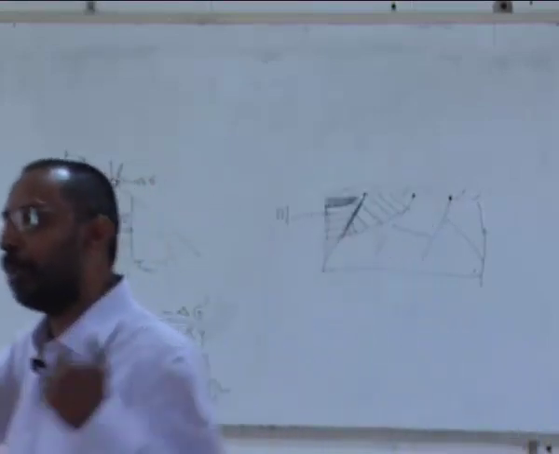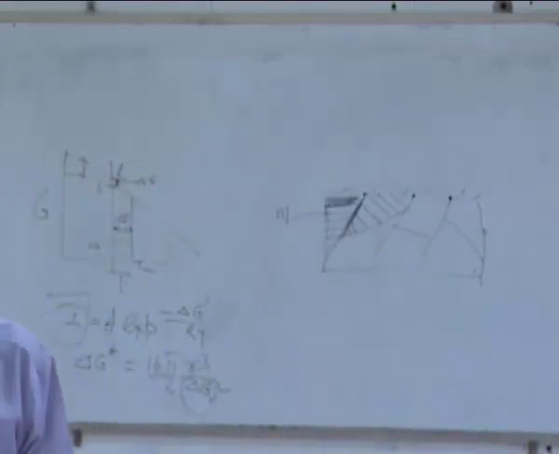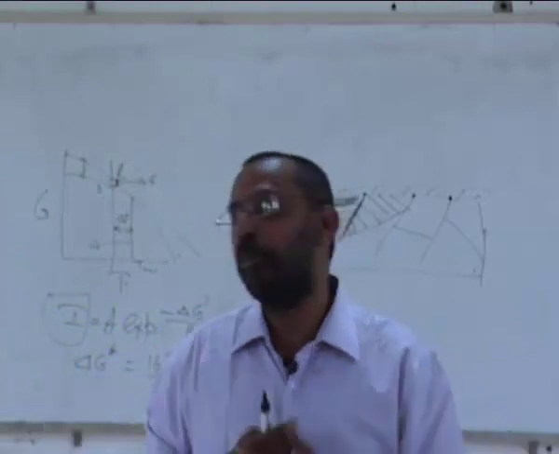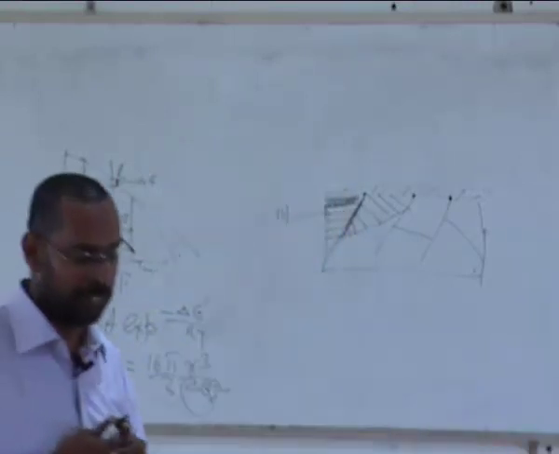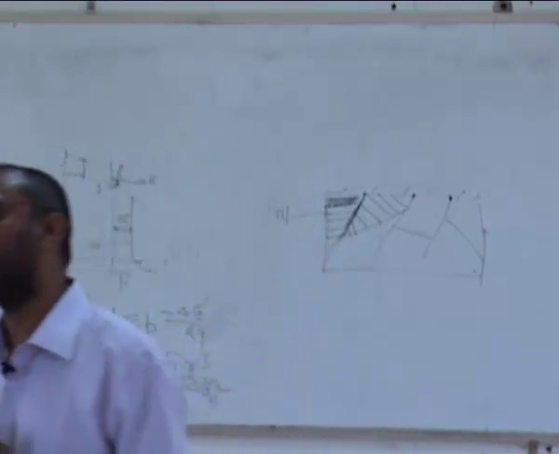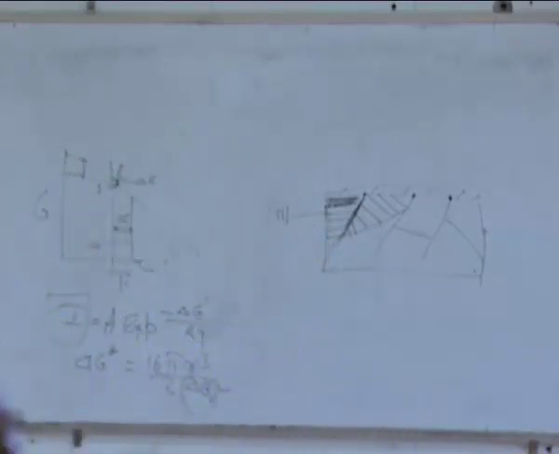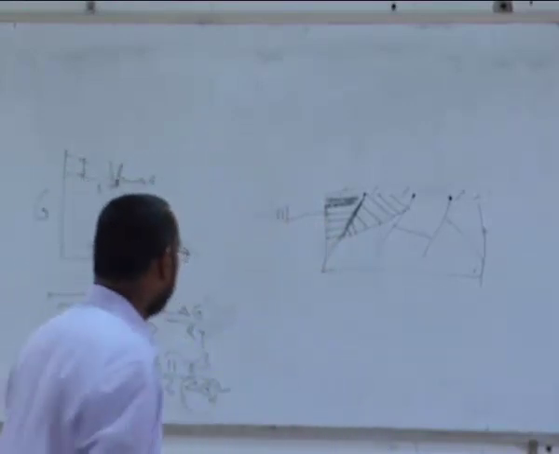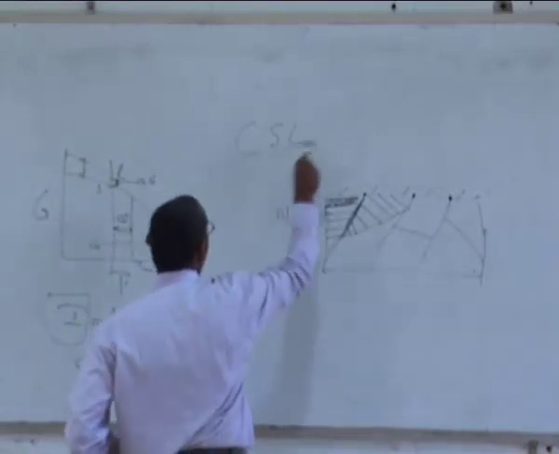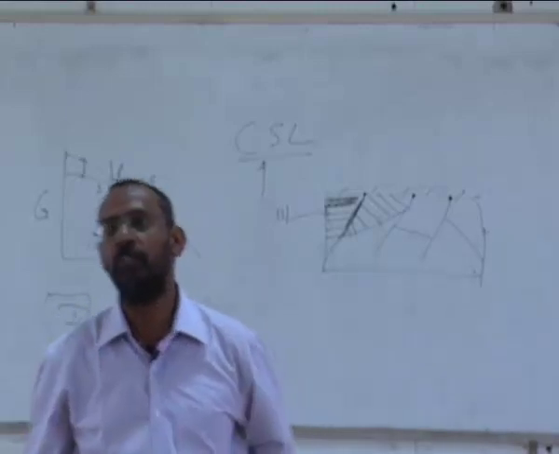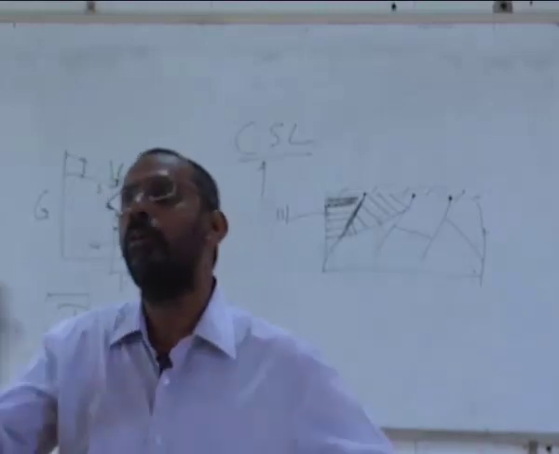Of course, there are so many people who have talked about what is the actual structure of grain boundary. People actually talked about whether we can talk about a certain unit cell inside the grain boundary, including my own professor, Professor Ranganathan from Indian Institute of Science. He has given a new concept called coincident site lattice, which is very popularly used nowadays. He is the first person in the world to have given this concept called CSL, coincident site lattice, which is used nowadays to understand the grain boundary structure.